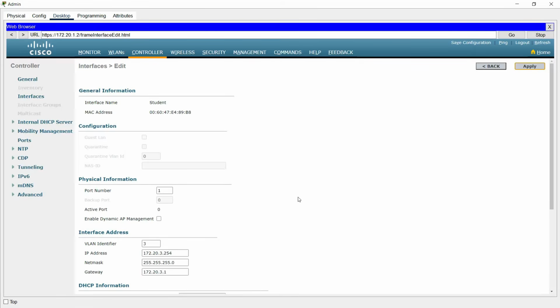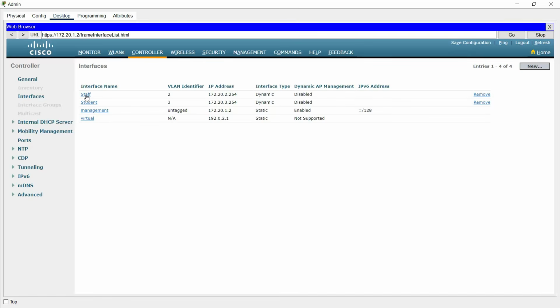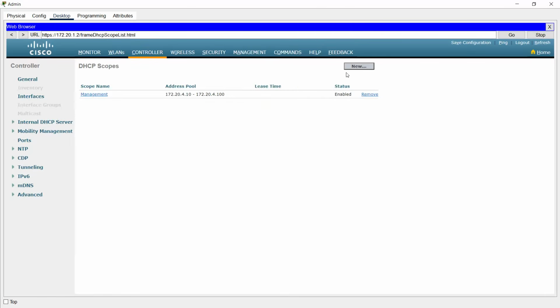So we need to wait some time. We can see a blink there. Yes. So we'll go to interfaces again, and we can see those interfaces we created, that is staff and student. Next, we will configure internal DHCP server for this staff and student. So they should get the IP address from this WLC. So we'll go to internal DHCP server, DHCP scope, and we will create the scope for these VLANs, staff and